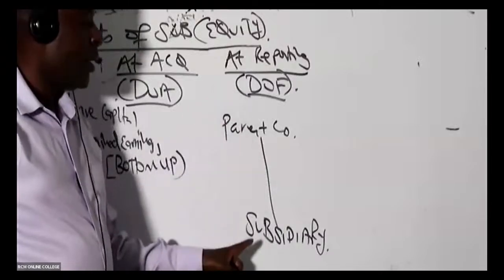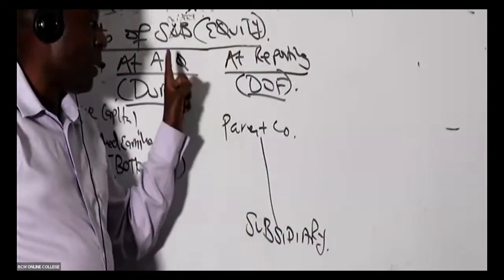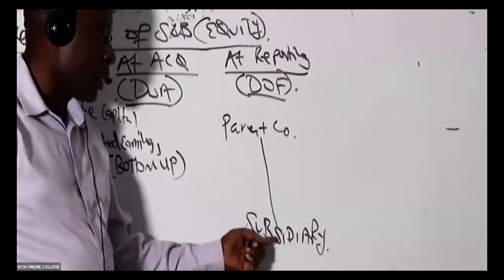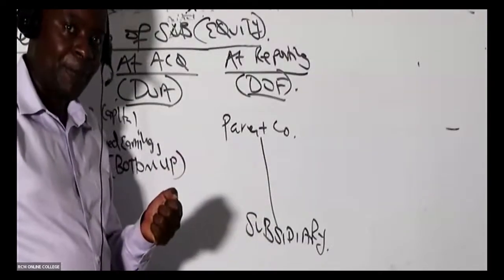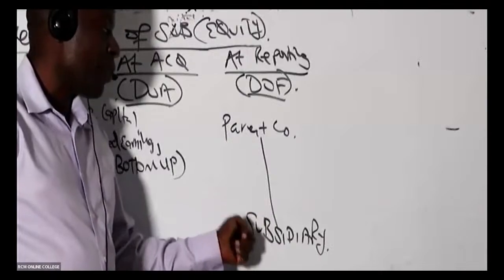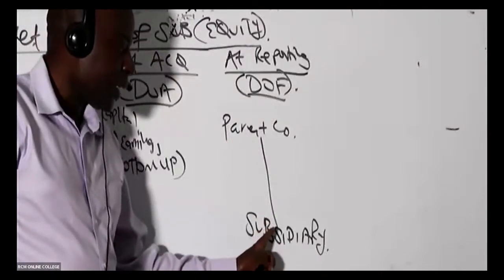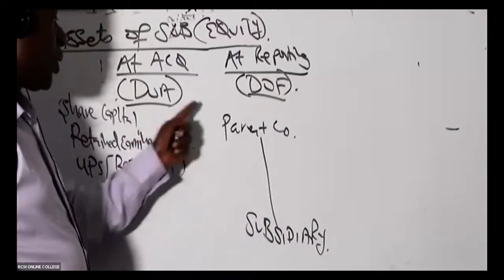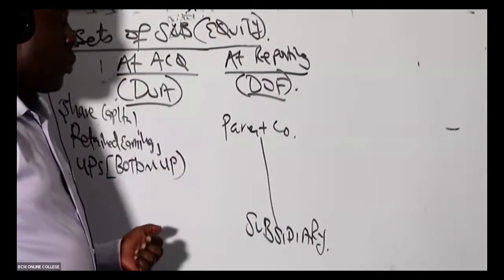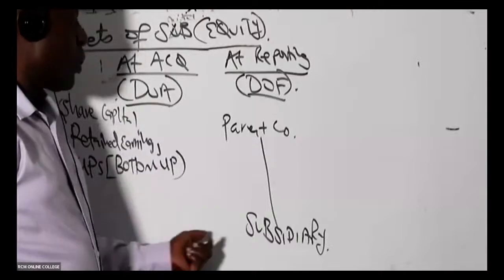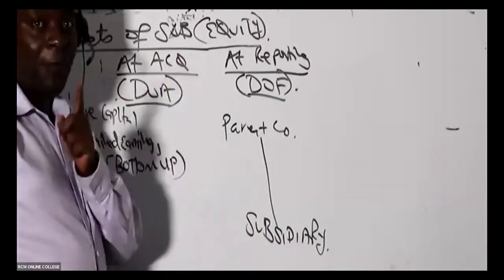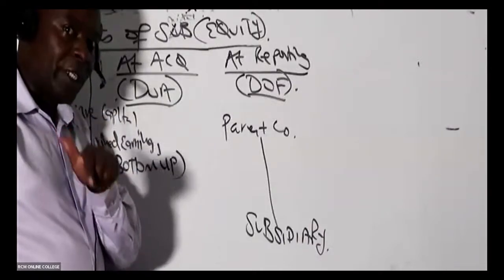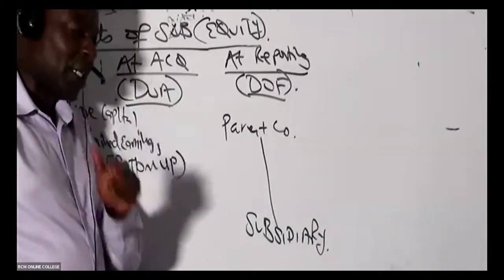But if the subsidiary is the one that sells to the parent, we are creating the wealth within the subsidiary, because the subsidiary is the one that will earn profits. So the sale is bottom up, and automatically we shall bring that UPS here. If it is top down, we don't bring that UPS here. We bring it bottom up because the subsidiary has earned some fake profit, and you should never allow that fake profit to be within its equity. We should remove that profit.